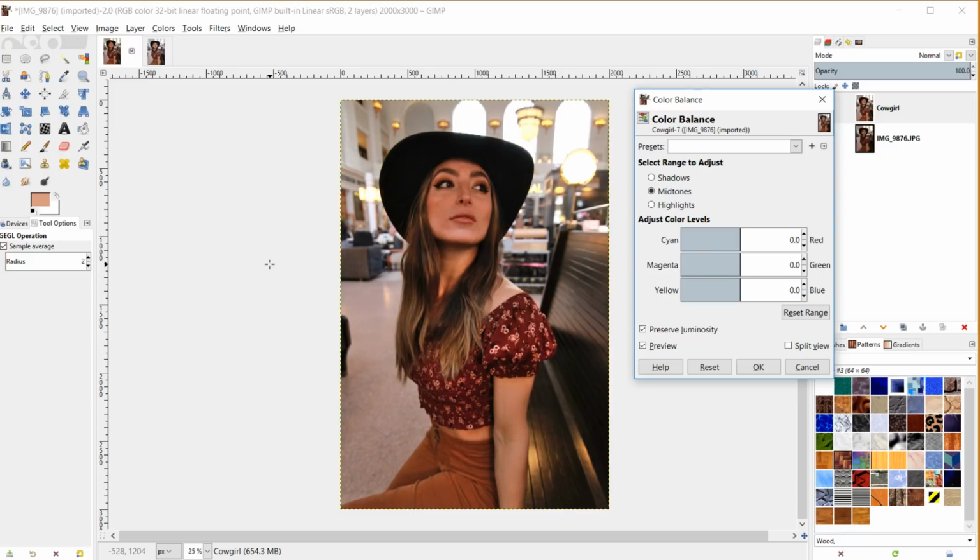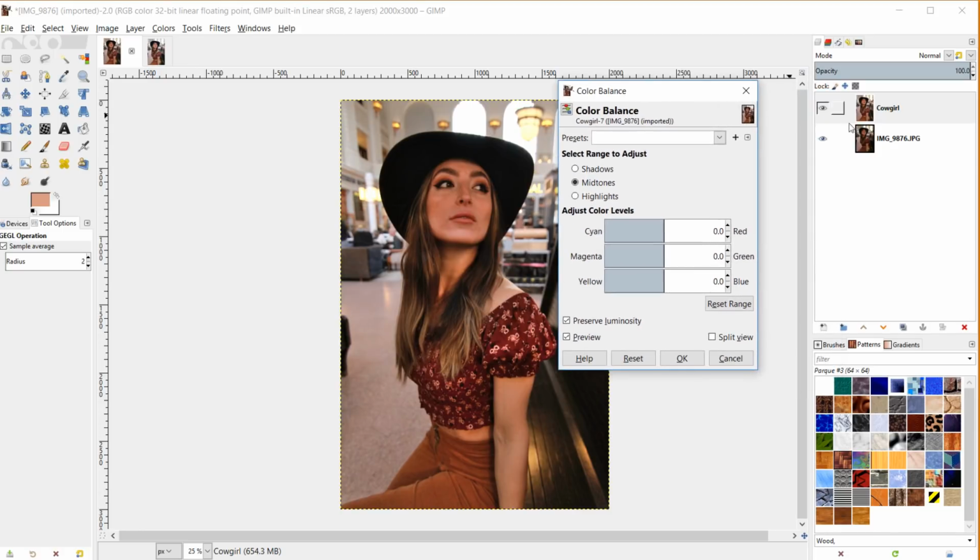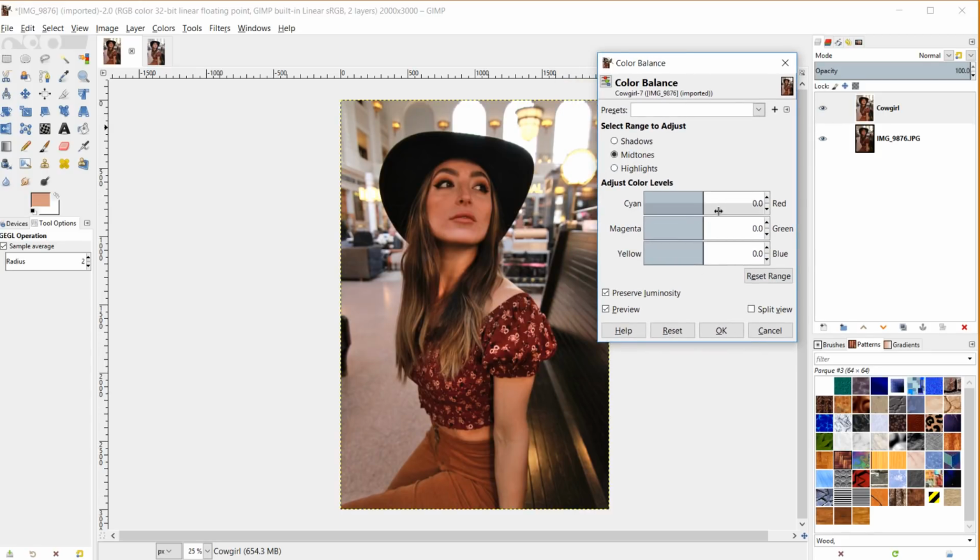And yeah, Rico, good point. You can open up the original as a layer and then move it below your layers you've worked on. That's definitely a step you can take if you forgot to duplicate your image in the beginning of the process. So now I'm in the midtones part of my image and I am using my color balance tool. I go over all this stuff in depth in my 10-step process to edit a photo in GIMP tutorial that I just put out before this one. So definitely watch that if you want more of an